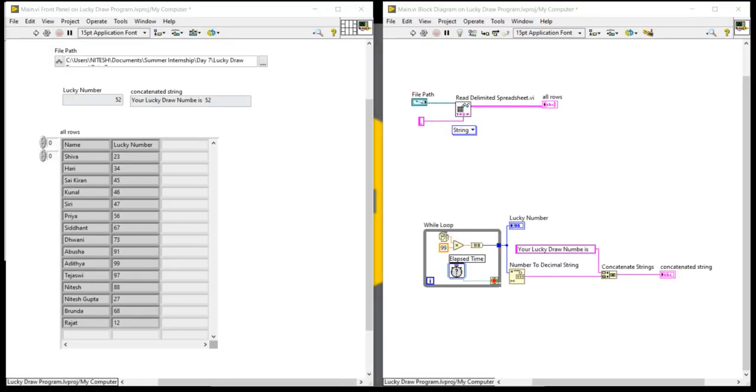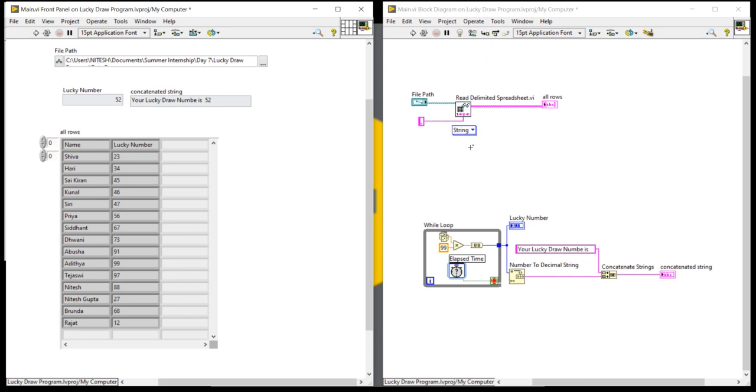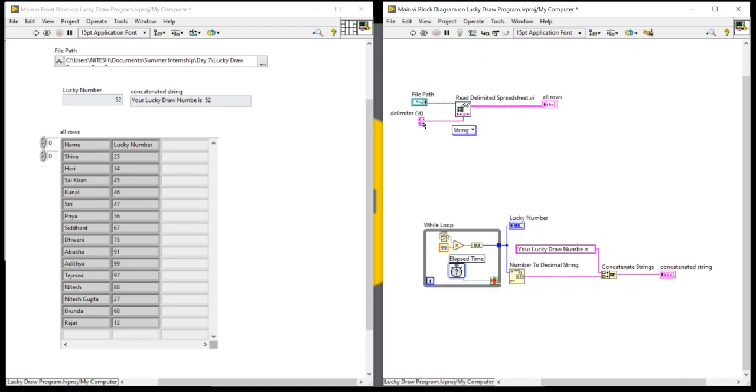I had created this database in my PC, so I am trying to read that database using these functions. For that, I am taking the string delimiter. Delimiter is the comma, the file path is connected at the top, and it has an indicator.